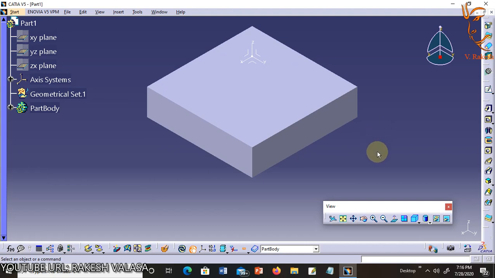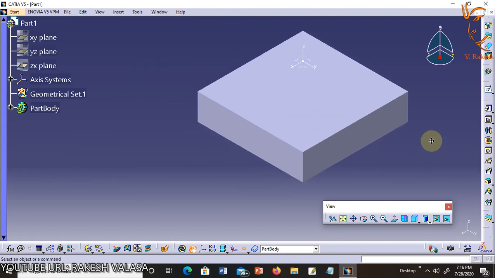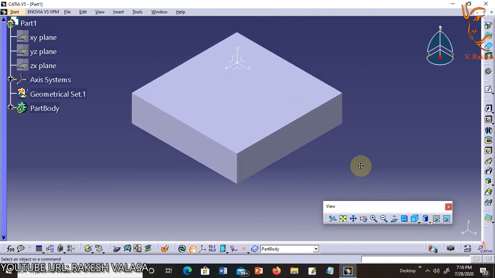The quick key, if you have a 3 button mouse: press the middle mouse button down and drag the part to the desired location on the screen.